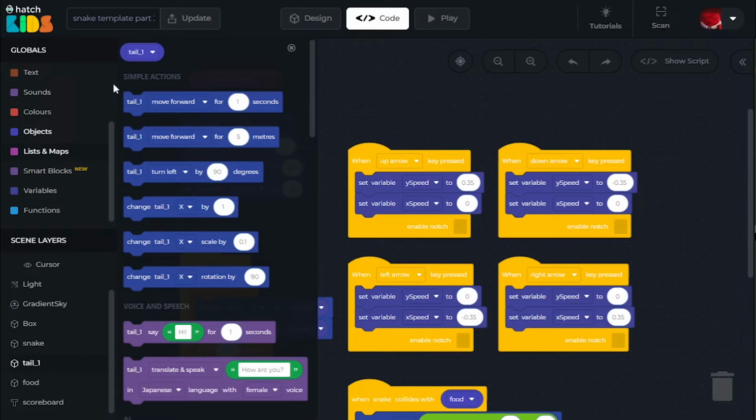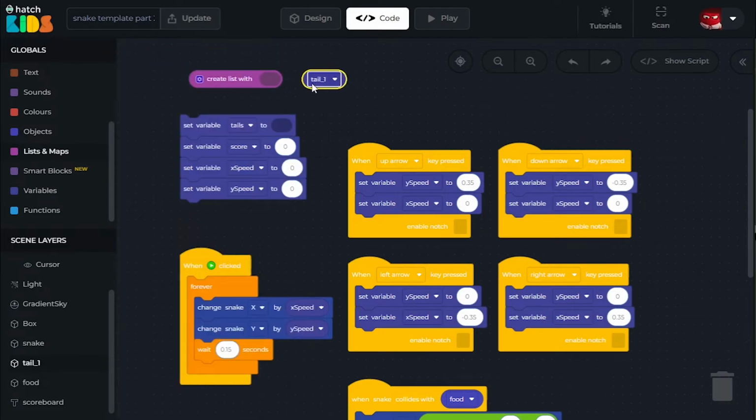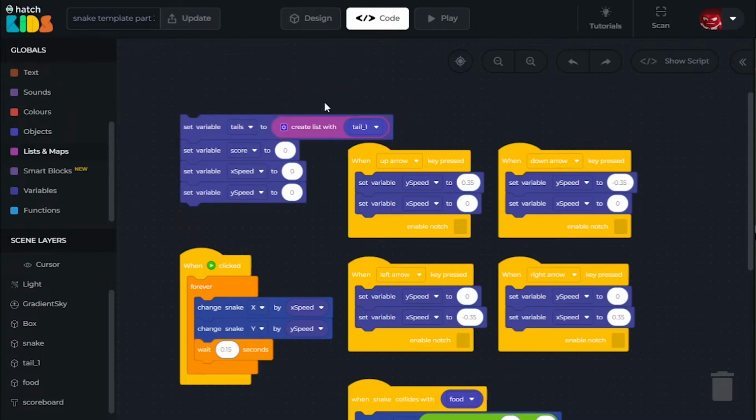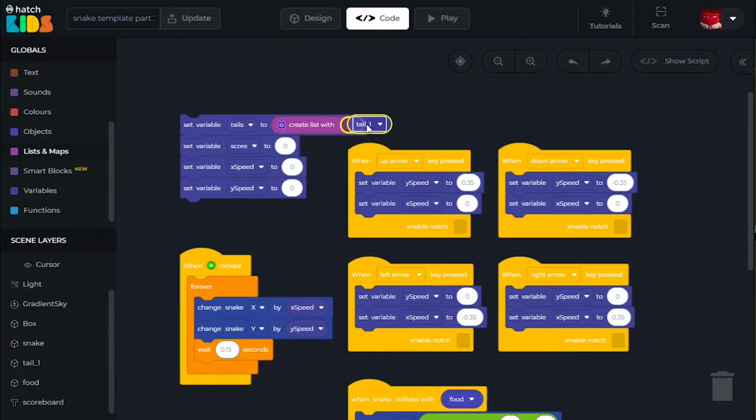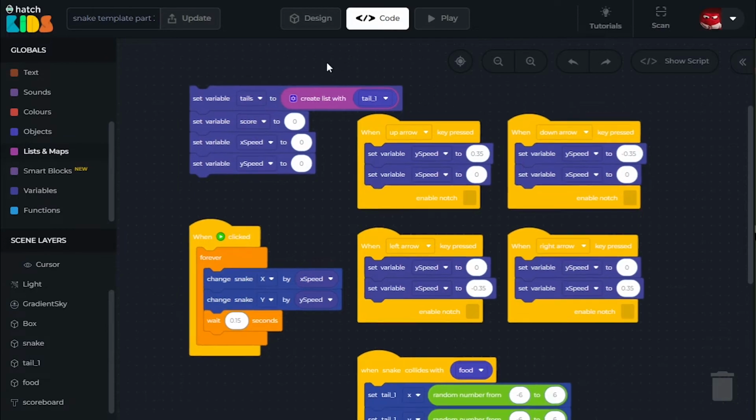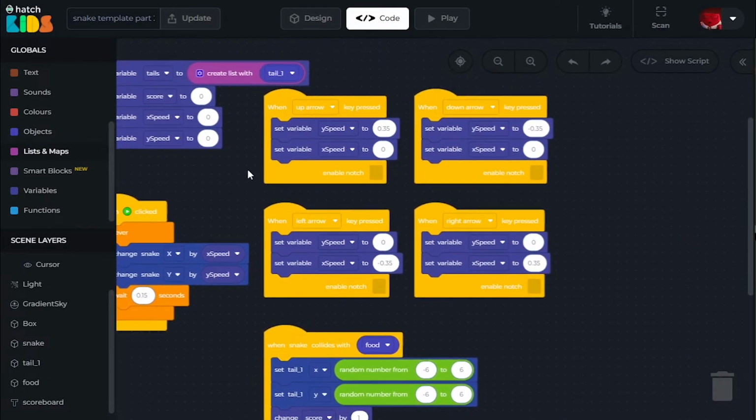So click on tail1, drag out this tail1 block and place it inside the create list with option and attach this create list with block here. So at the beginning of my game, this tails list contains only one object, only one tail object, and its name is tail1. Okay. What we will be doing is,